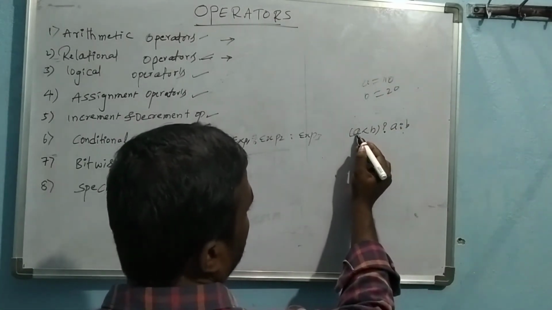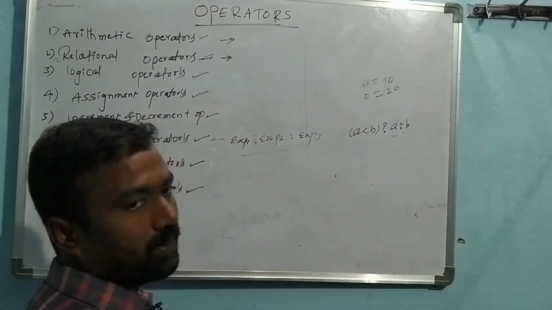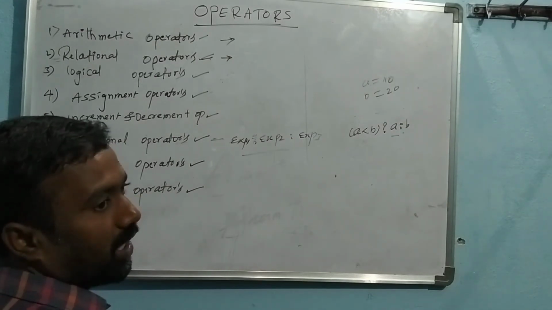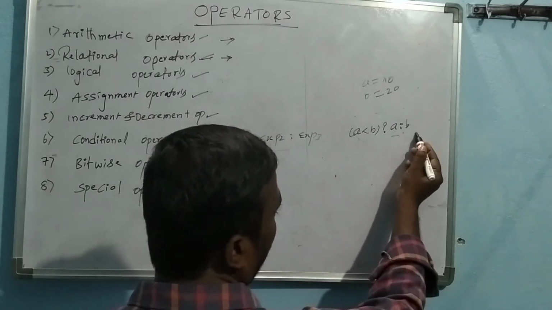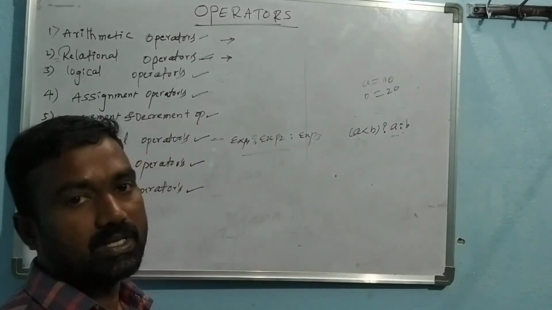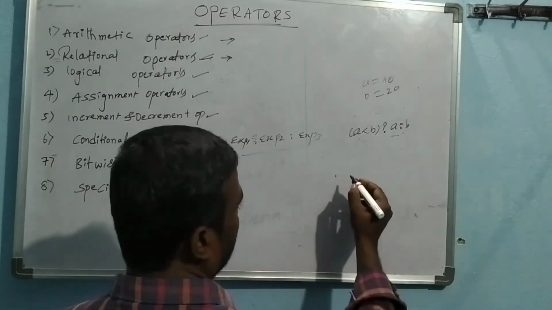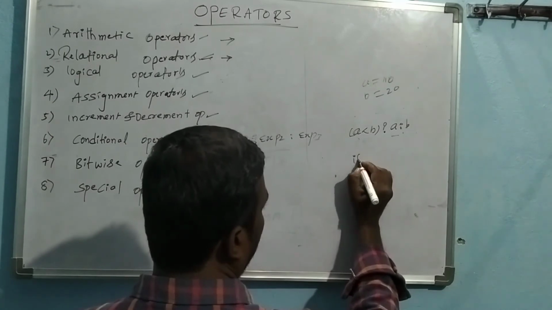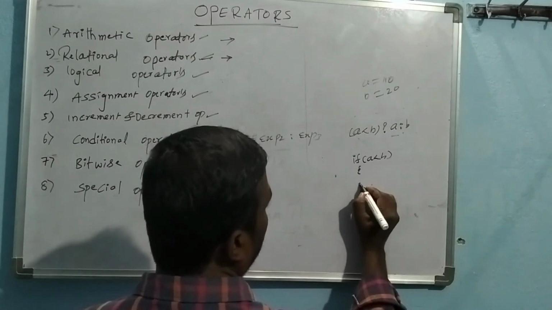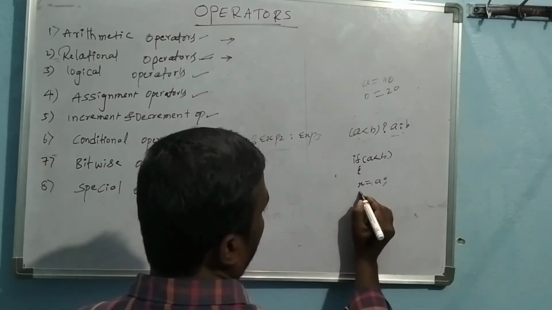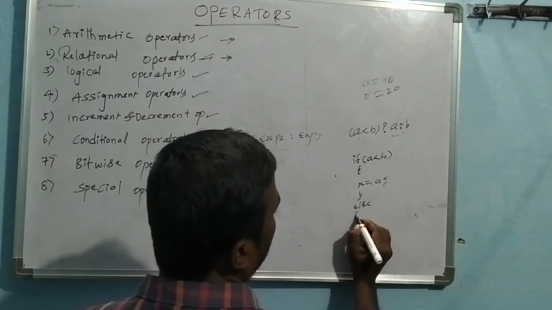So here the condition a less than b is true, so automatically the a value will be printed. That means the statement saying a is the bigger value will be printed. Whenever this condition is false, the b value will be executed. That means the b result will be executed. Let's see this. What is the meaning of this one? If a less than b, open bracket, x equal to a value, close bracket, else, what is the else part?